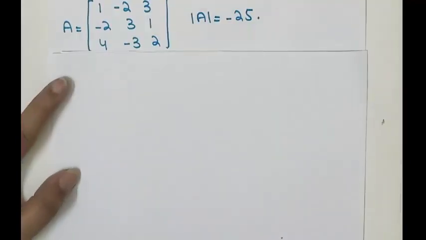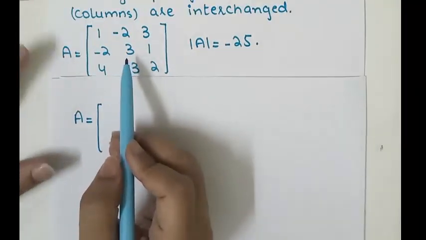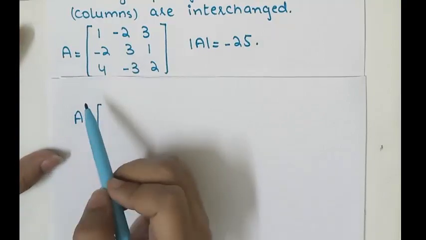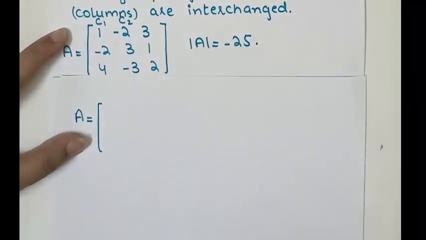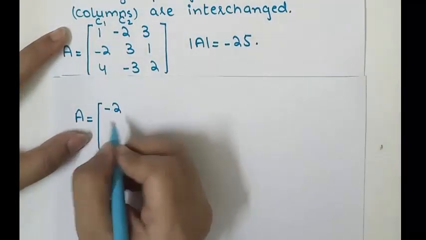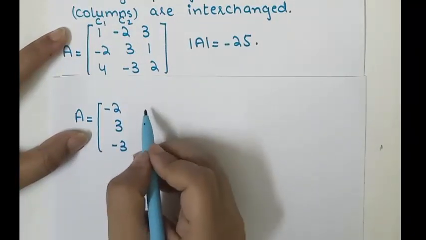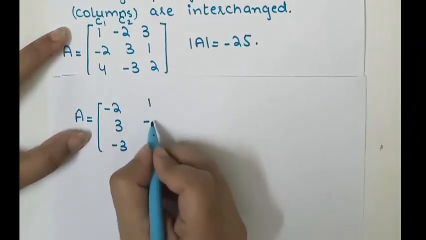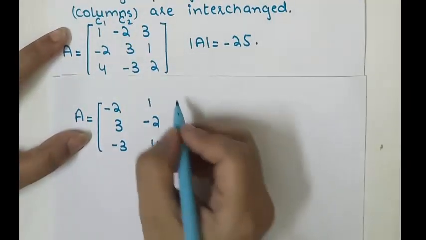Now we will interchange two columns, now interchanging C1 and C2. This is we have C1 and C2. Now we will interchange them, writing C2 instead of C1 and writing C1 in place of C2. So in this way we have interchanged two columns